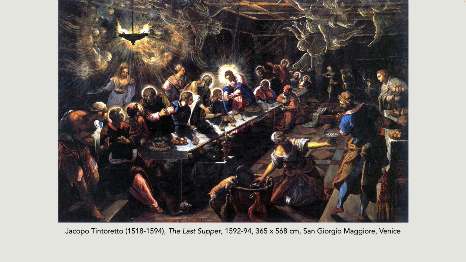And this work is a masterpiece of Tintoretto's late style. The dramatic use of light, perspective, and unconventional composition are all features of his late work. Notice the way he's placed the table diagonally across the canvas, creating this sense of depth and movement, and the figures of Christ and the apostles are pushed almost to the background, while servants and everyday objects occupy the foreground. An innovative composition which creates a sense of spiritual and physical drama typical of his work.